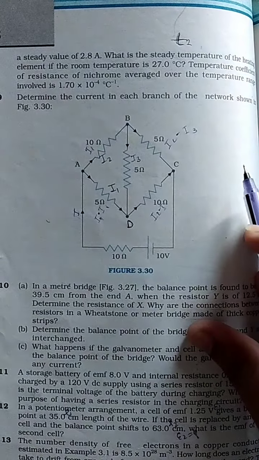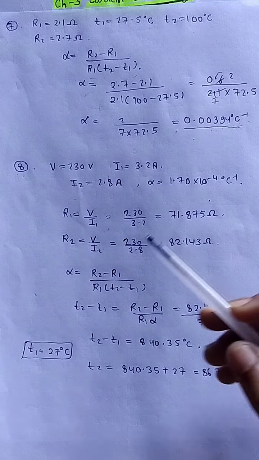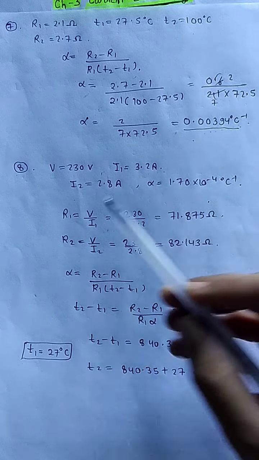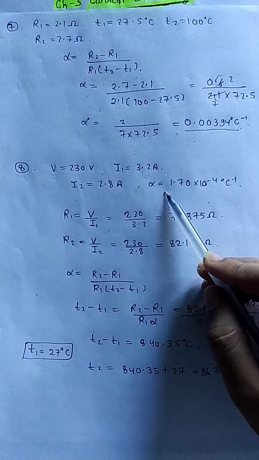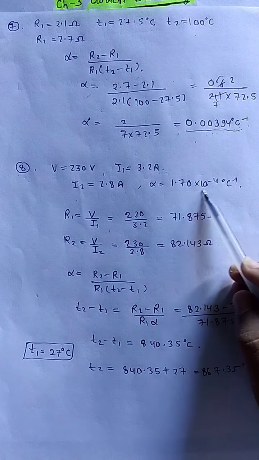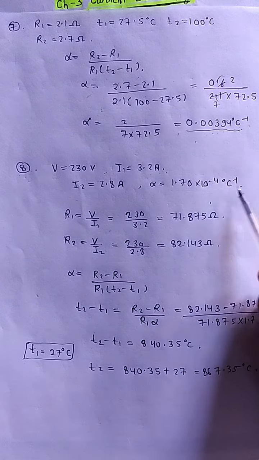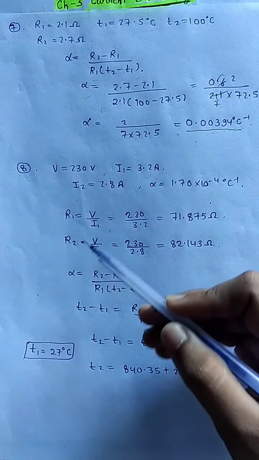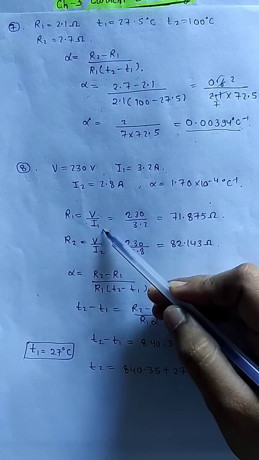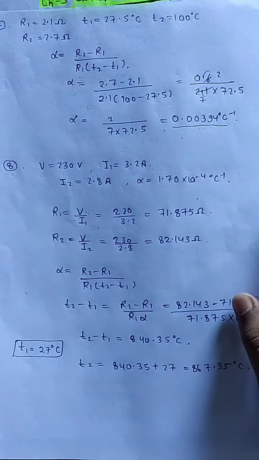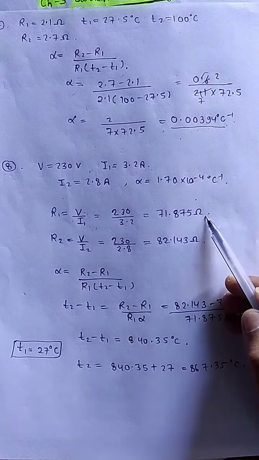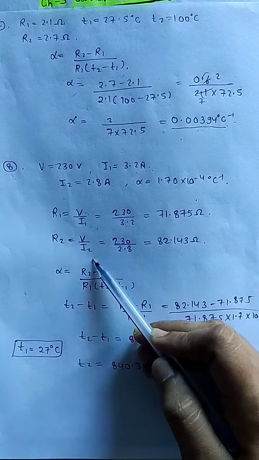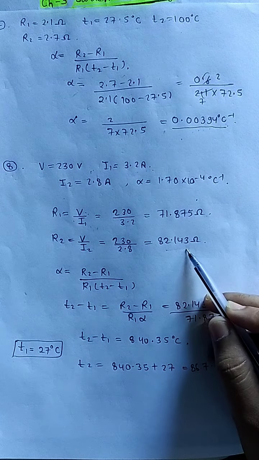Now the solution of this question is: V is 230 volt, I1 is 3.2 ampere, I2 is 2.8 ampere, and alpha is 1.70 × 10^-4 per degree Celsius. First we calculate the resistance R1, that is equal to V upon I1, and the value of R1 is 71.875 ohm. Similarly, we can calculate R2, that is equal to V upon I2, and the value of R2 is